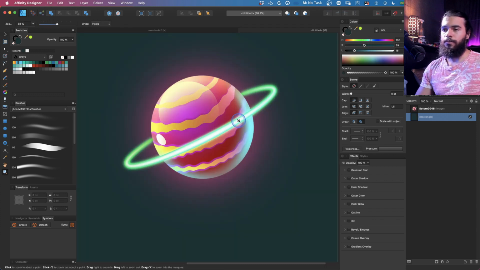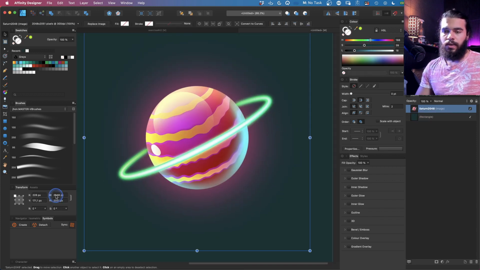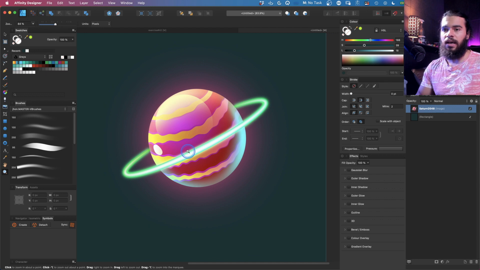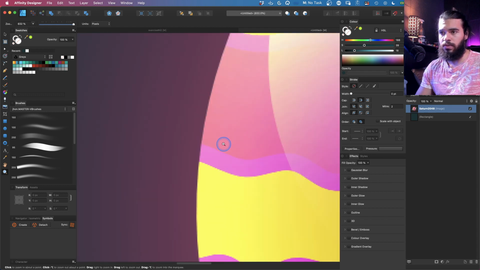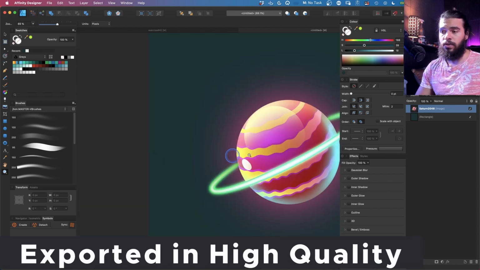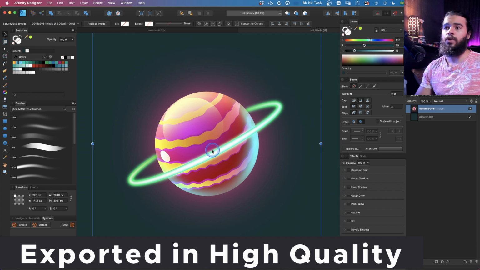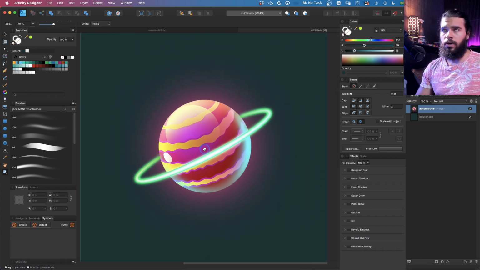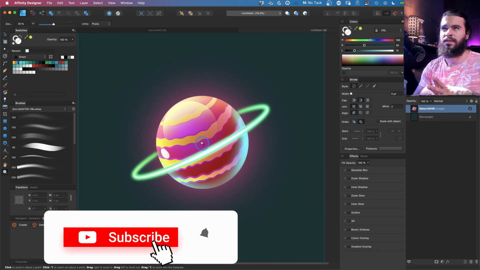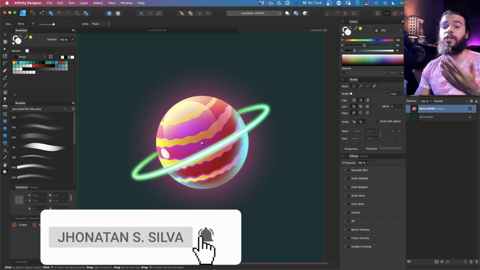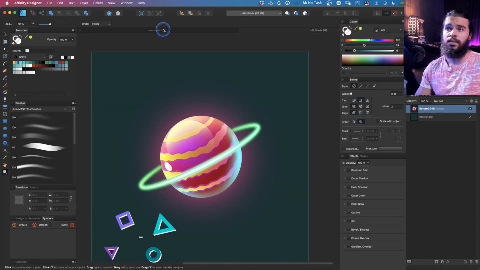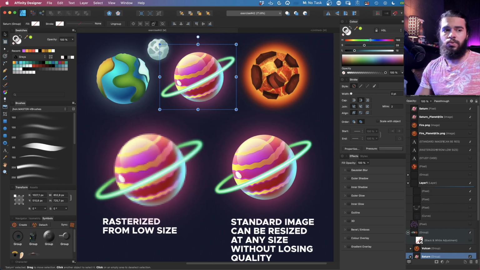So pay attention to this. Can you see the width? It is 2048, so it's the same size that we exported in the export persona. And the quality here is pretty good. Can you see? So you can use this standard in order to export your designs, or you need to think about Retina as well. In order to explain even better about the resolutions and the quality, it is important to do that. Look,